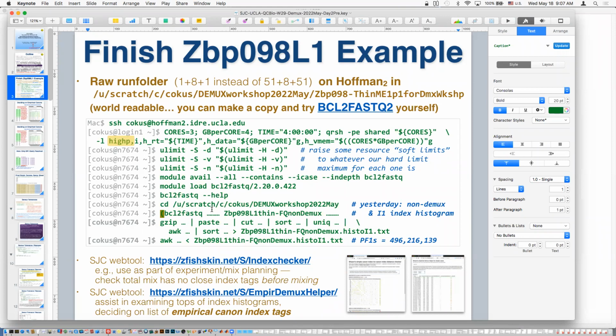We talked about command line options, and so we had run BCL to FASTQ2 in the non-Demux mode to get the index reads out, which we then looked at with histograms. That was this pipeline here to generate the histogram, basically using paste, cut, sort, uniq, awk, sort, and a histogram maker. And then